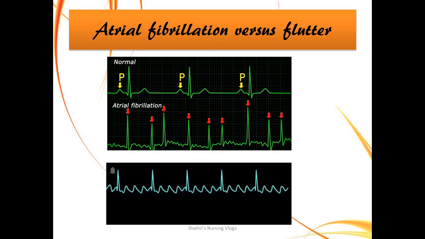A quick recap on what we have been looking at, that is atrial fibrillation and flutter. If you look at the first picture, you have a normal P wave, QRS complex and the T wave. But if you look at the second picture, it is atrial fibrillation. You have fibrillatory P waves, and the second most important thing is the RR interval is not regular. So it is an irregular rhythm. In the third picture, this is atrial flutter, where you have a sawtooth appearance of the P wave, which is of similar morphology. And one thing you have to remember is, you can always elicit the degree of block when you look at the number of P waves to the QRS complex. So that's atrial fibrillation versus flutter.